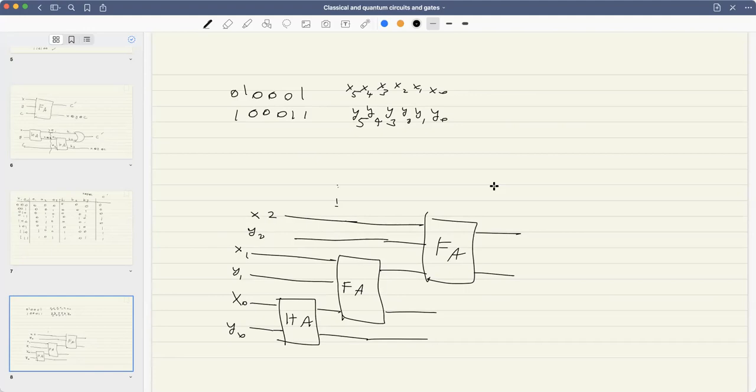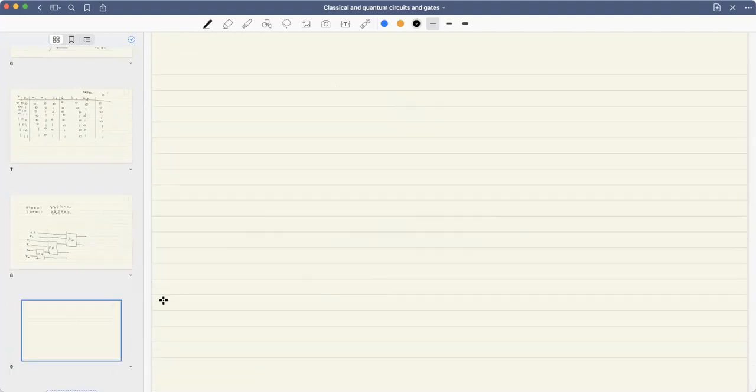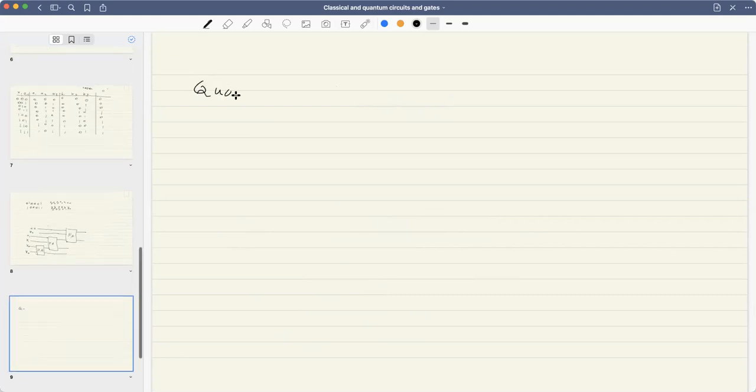So quantum mechanically, again, we imagine we have a certain number of qubits, and then the gates are going to act at various places on different qubits and change their state in some way. So let's think about quantum circuits. Suppose I send in n